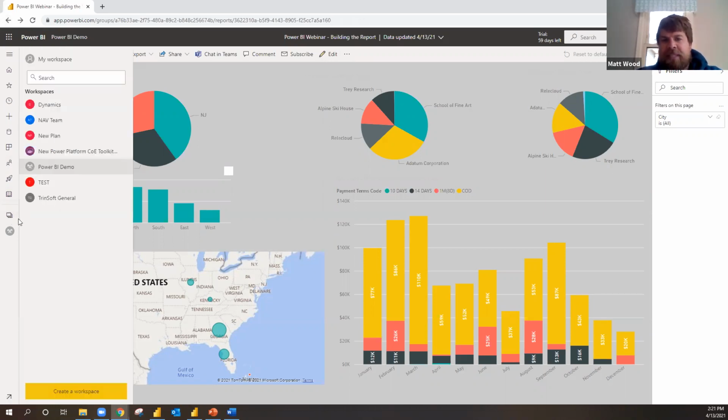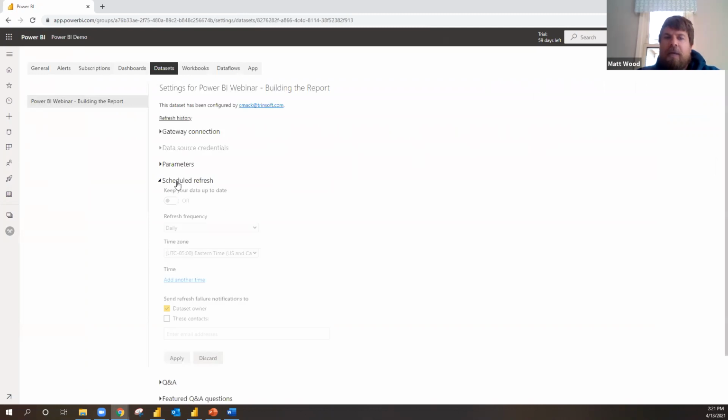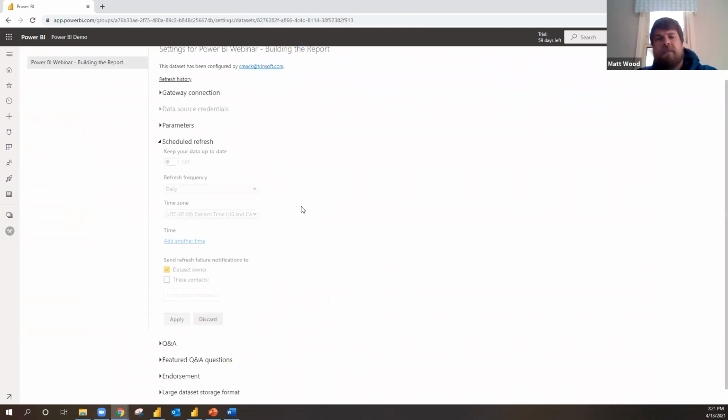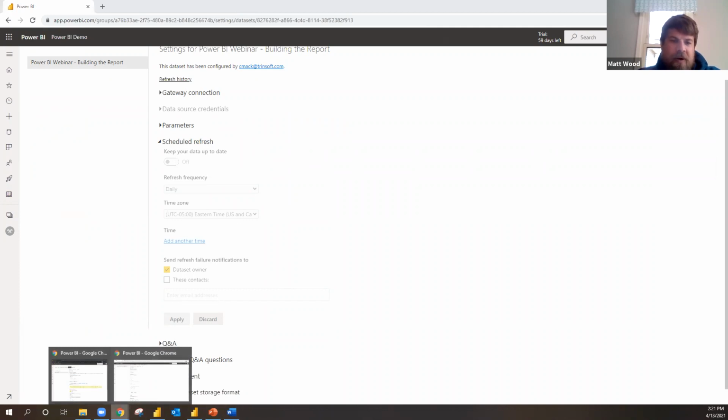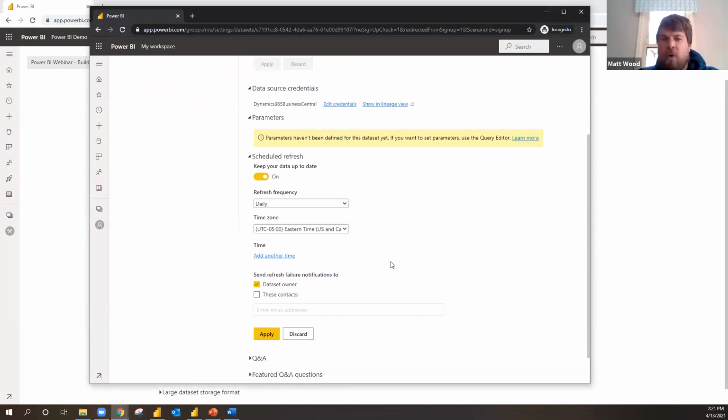So right now, that's just sitting out here. I could open it up, look at it. But if I want that to refresh, I'm going to go to my data set and look at this refresh. Now, based on our license type, it may be grayed out, but you can see the basics here. So I can tell it I want it to happen on a daily, hourly basis. And remember, based on our license, it's either going to be 8 times a day max, or, all right, we